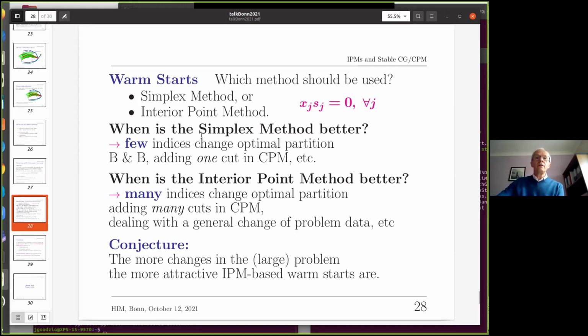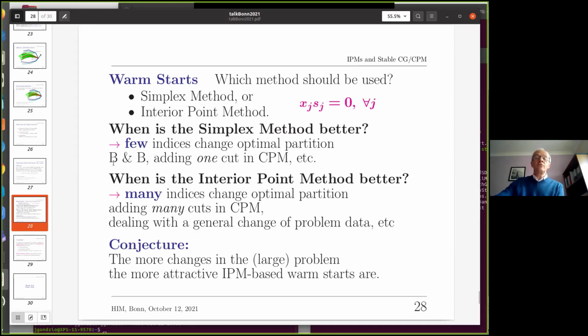And here is my very superficial suggestion of when the simplex method is likely to be better, when IPM is likely to be better. If you have just a few indices changing optimal partition, that is changing from x equals 0 and non-zero s to the other thing, to non-zero x and 0 s, if you have only a few indices changing the optimal partition,